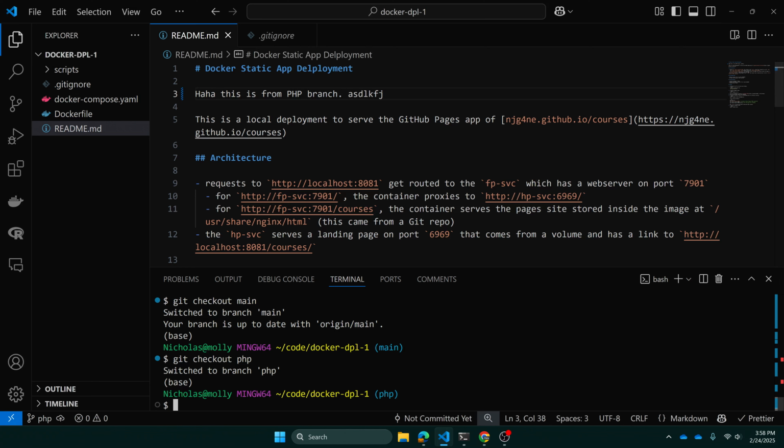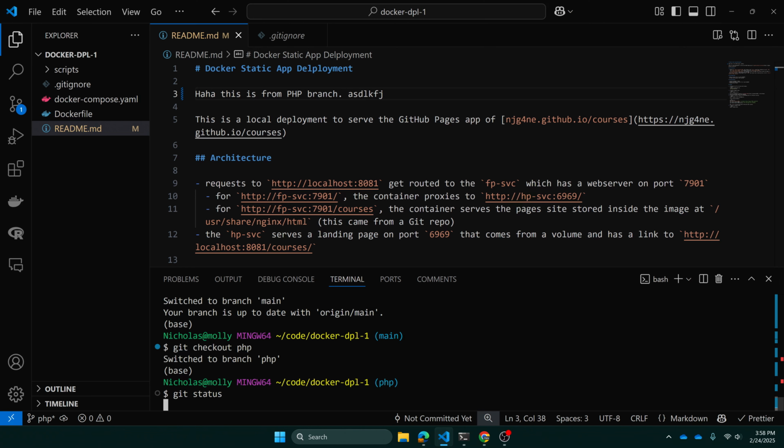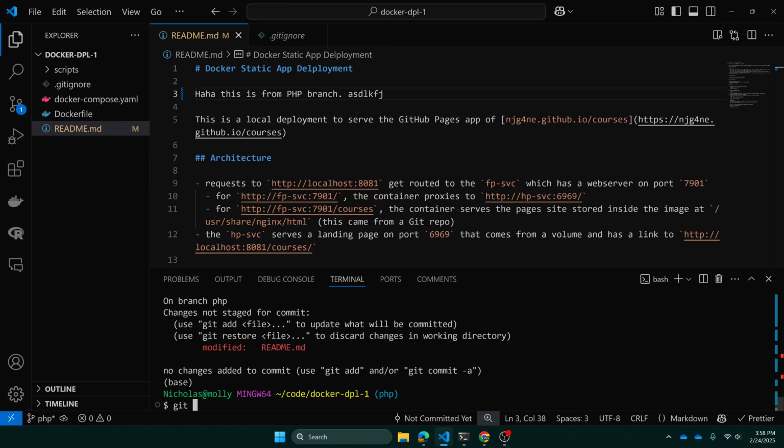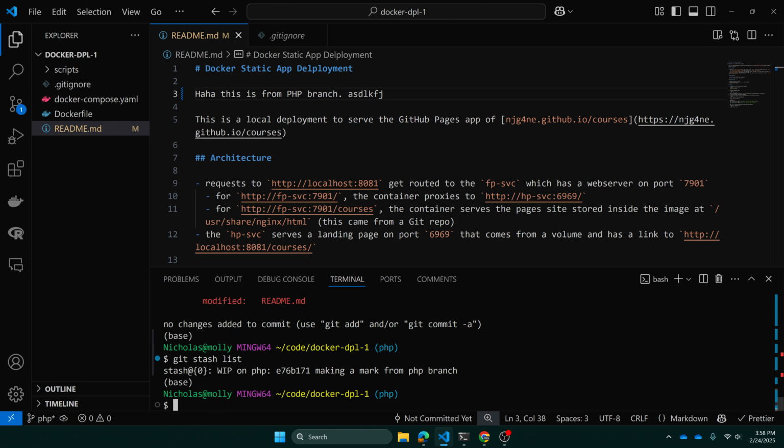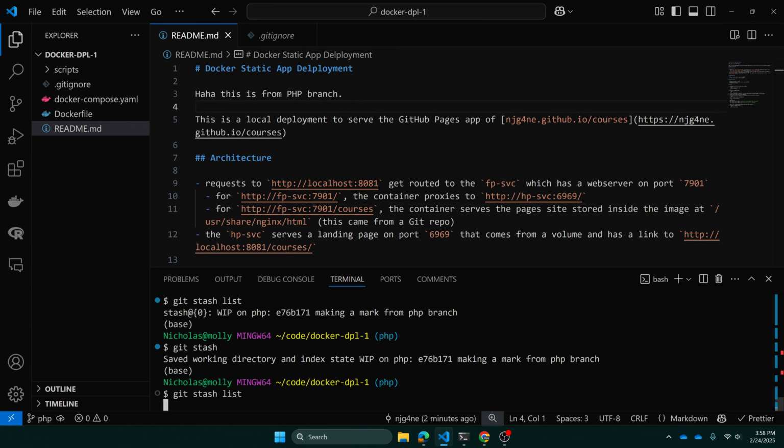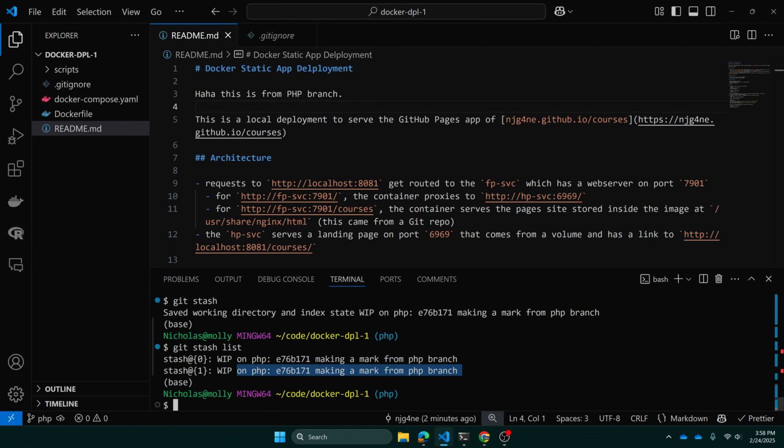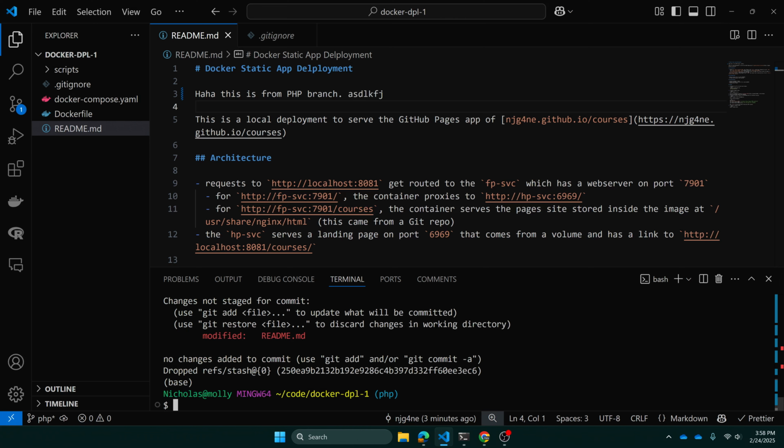So if we made more changes, we would have git status, we would have some changes, and if we git stash pop, pop just means take the top thing off the stack. So if we git stash list, you'll see we need to git stash those changes, and then you see git stash list, we have the previous changes and then these changes. So if we git stash pop, that'll pop our first changes, and if we git stash pop again,